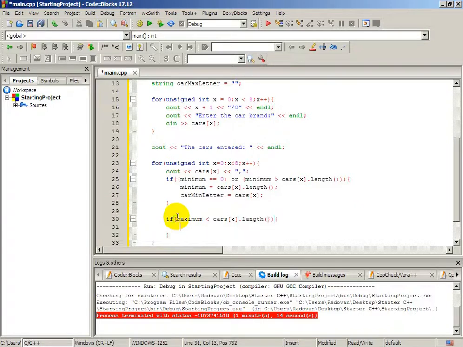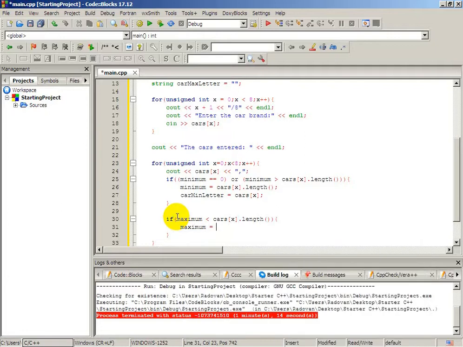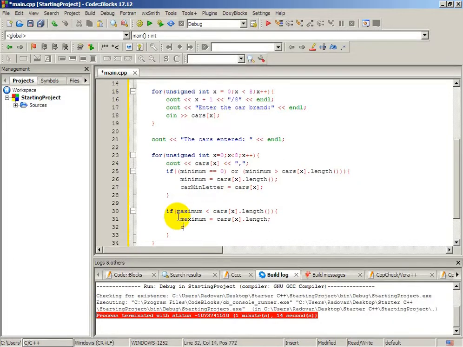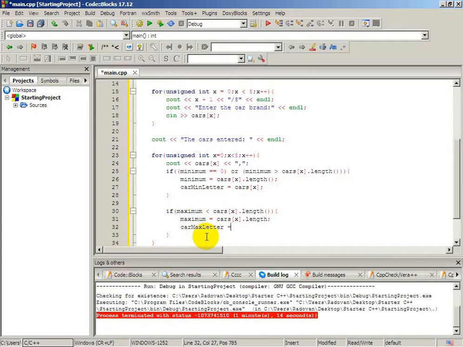Okay, we need the body, and let's define a maximum. Maximum will be equal to cars of element x dot length. Okay, and we can define car max letter will be cars of element x. Okay,